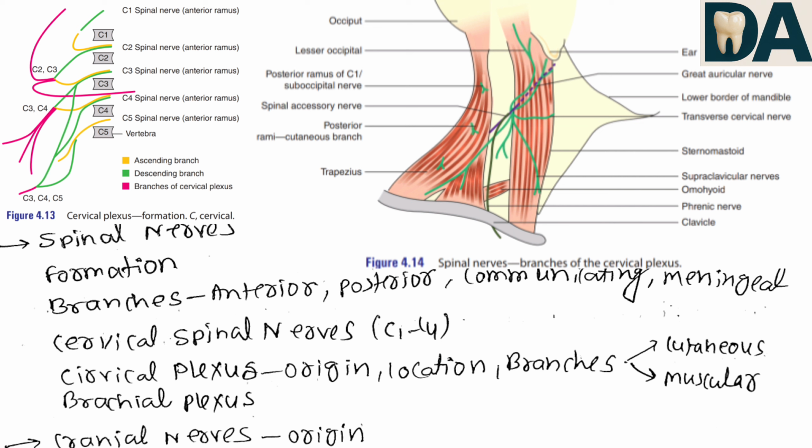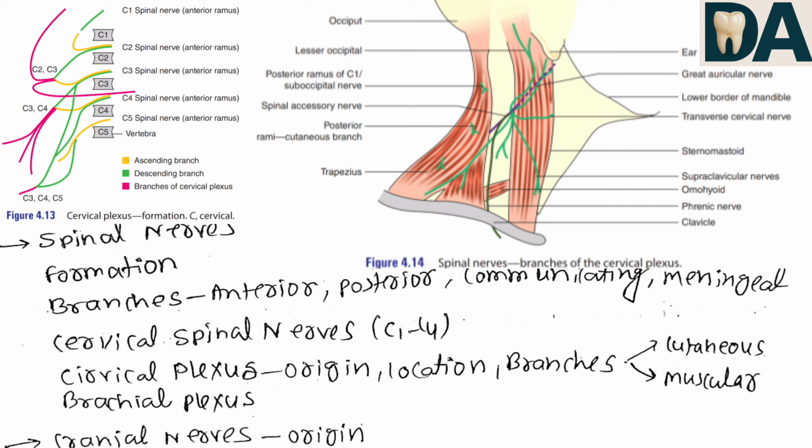Origin. The plexus is formed by the anterior rami of the C1 to C4 spinal nerves. Location. The plexus lies anterior to the origin of the levator scapulae and the scalenus medius muscles and deep to the superior part of the